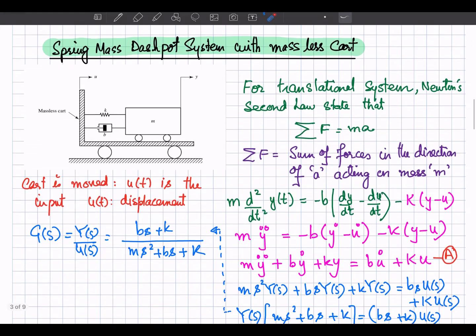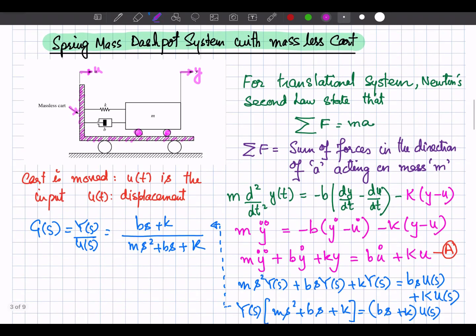Okay, now let's look at the system, spring mass dashpot system with massless cart. So in this, the cart is moving and has 0 mass. Rest of the system is exactly the same as we discussed earlier. So if you push this cart and it is displaced by applying the force u, so this will also move. So let's suppose the movement over here is y, the displacement is x. So it's a translational system, and according to Newton's law of motion, the sum of all the forces must be equal to ma,